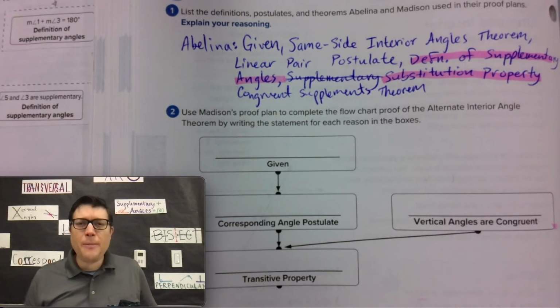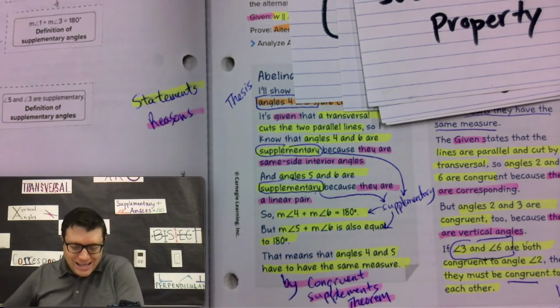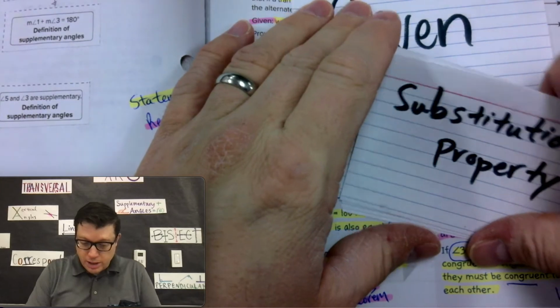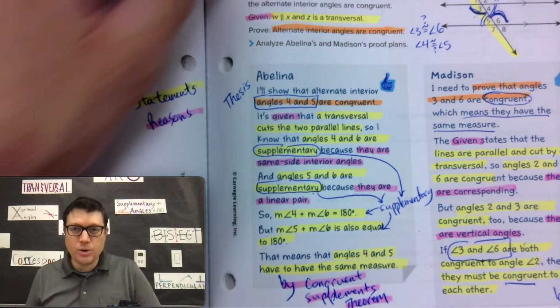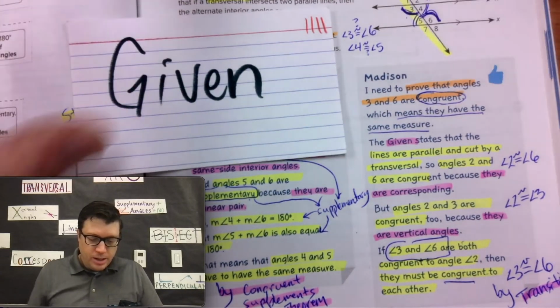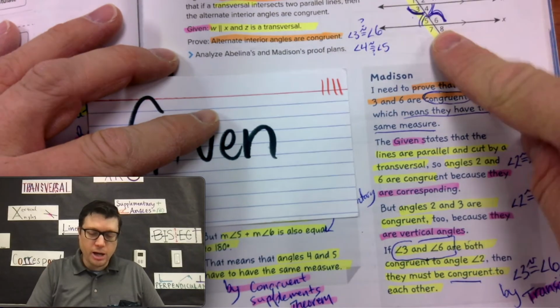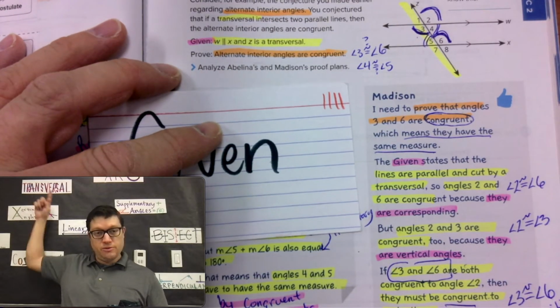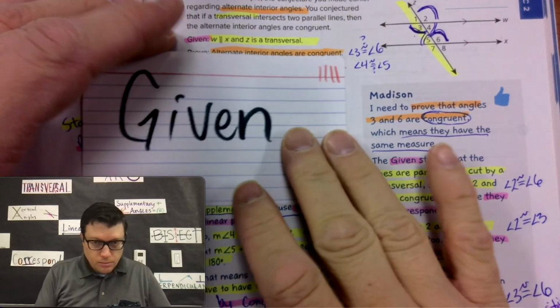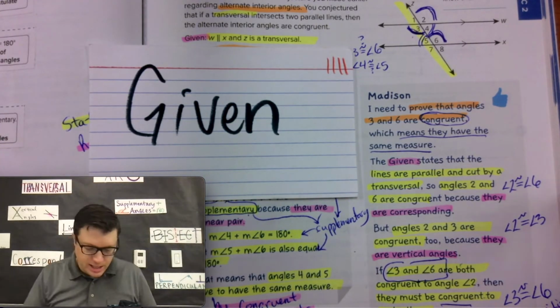Let's go ahead and talk then about what Madison used, and then we'll do this video in two parts. So Madison has a similar structure. Madison does also use the given, right? She says, given the situation where two lines are parallel and they're cut by a transversal. Again, transversal being our vocab word. So there's definitely a given statement, but now what we need to do is identify, like she says, lines are